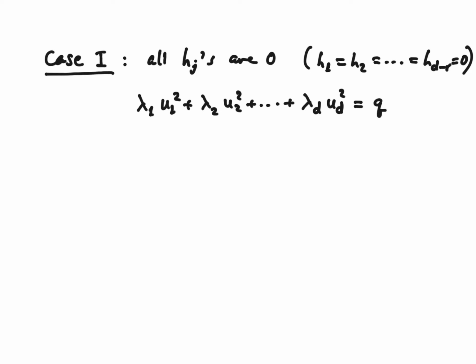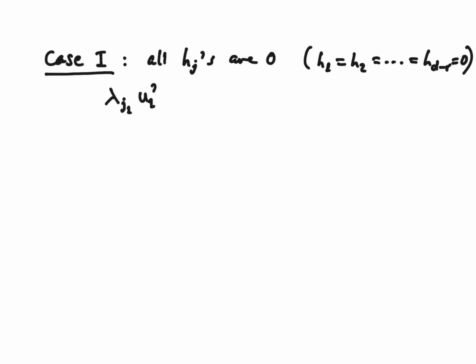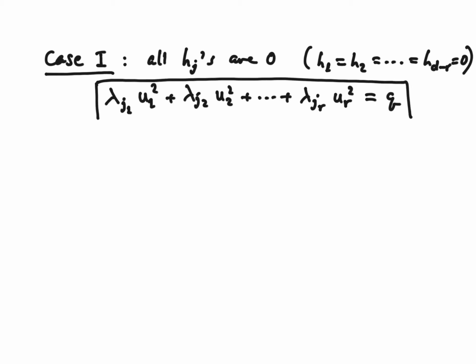Okay, and so here you see that I've just rewritten the equation. Okay, maybe I should avoid that. I'm going to stay with the same notation. Okay, so keeping the same notation as before, I'll have all of these terms, and then just the q on the other side, no linear terms. Okay, so this still has to be broken down further because if, let's say, all these lambdas are positive, then